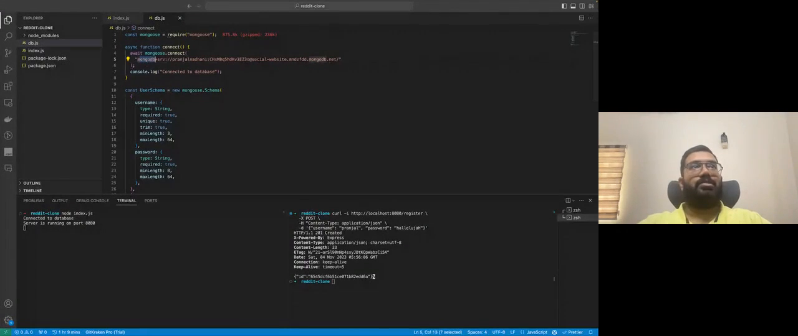So in the connection string, the first part is the protocol. The second part is the username. Third part is the password. Fourth part is the host name. And then the fifth part is going to be the name of the database. So let me restart the server,